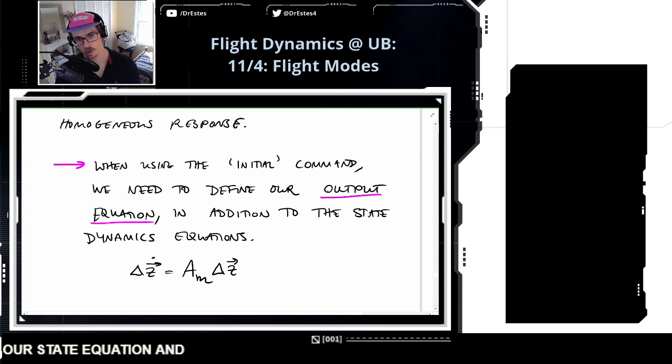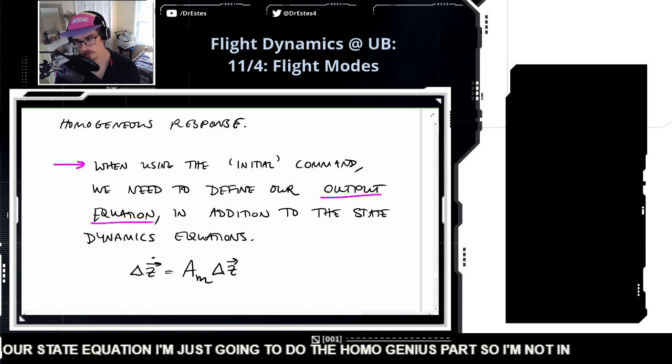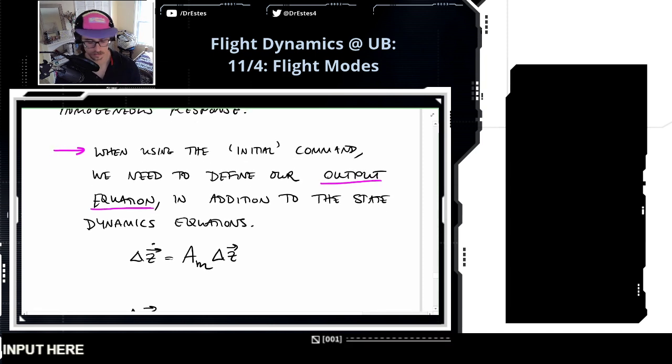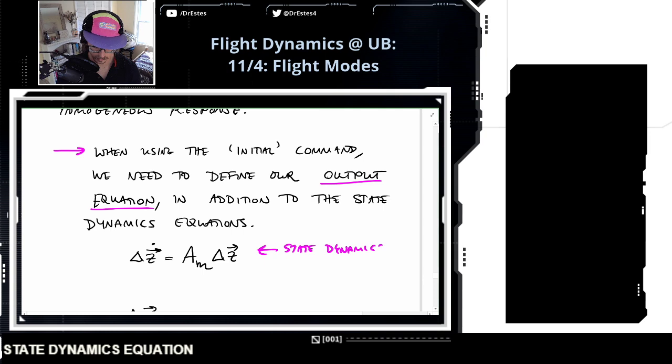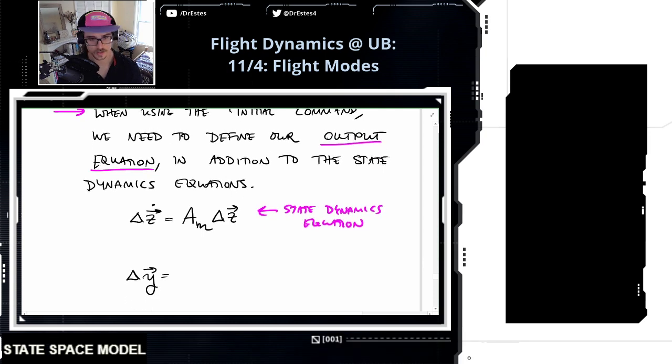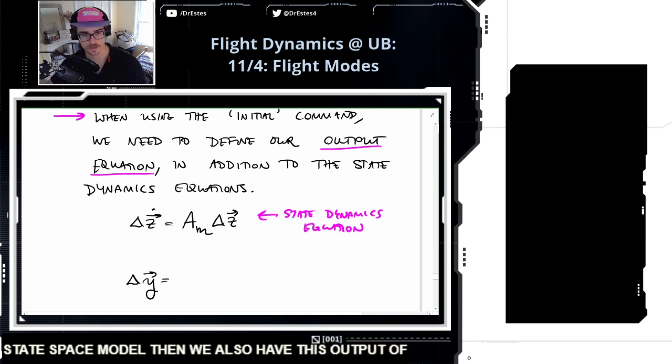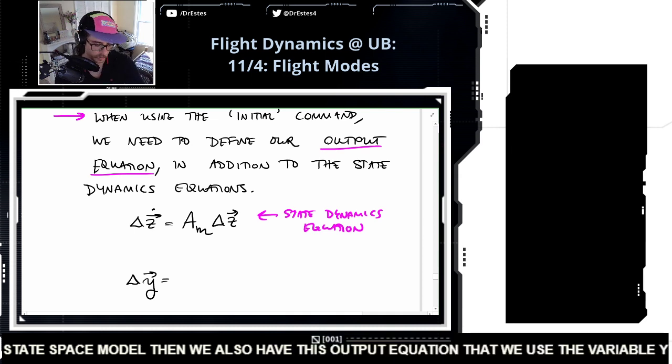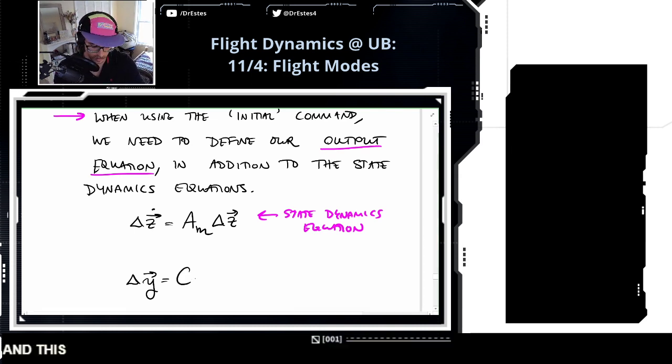And I'm just going to do the homogeneous part, so I'm not including the input here. Okay, so state dynamics equation. This is one part of a state space model. Then we also have this output equation that we use the variable y. And this has the C matrix